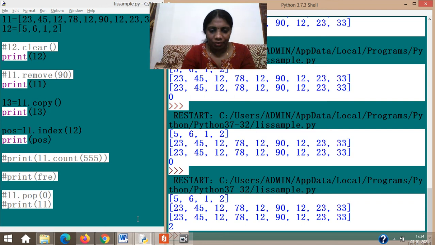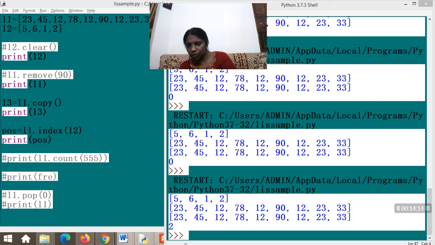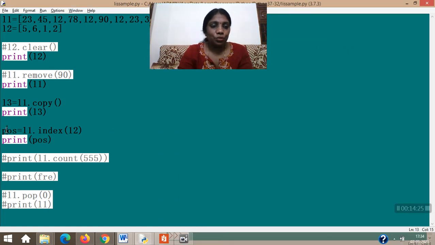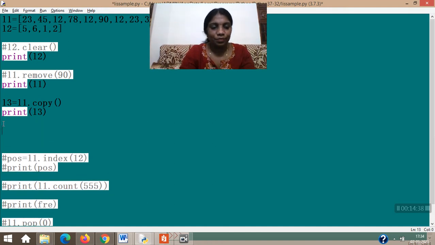So let me just check whether the time is limited or not, because I can just finish off. Yes, it's not that much. It's only 14 minutes. So I can have 2 more functions in your handout. I can deliver that explanation also in the same video. Let's move on, and then we are going to comment this index. Remember what is index doing? Returns the index location. I should be commenting this also. Copy, let copy be there.